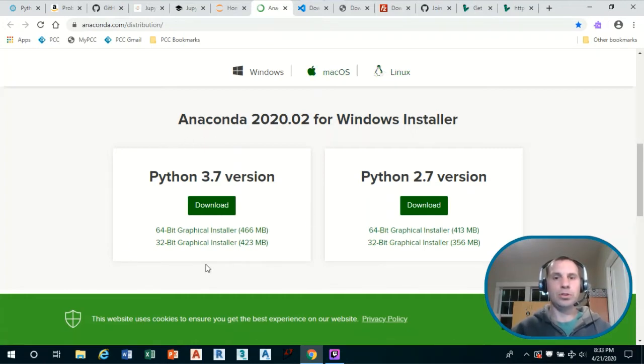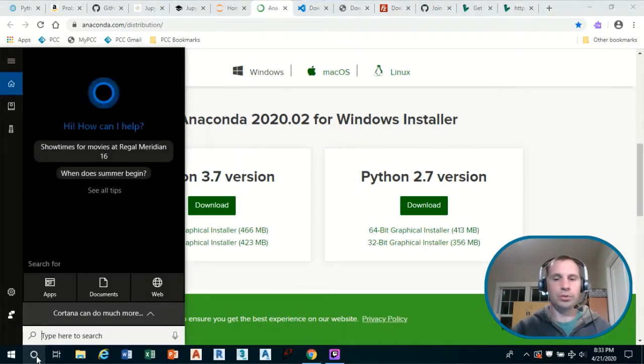If you install the Anaconda distribution of Python on your computer, then you'll have access to Jupyter Notebooks. So let me show you a Jupyter Notebook here locally, and then we'll see a Jupyter Notebook running in the cloud.